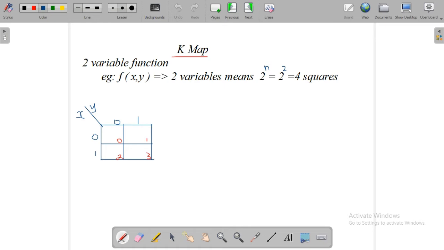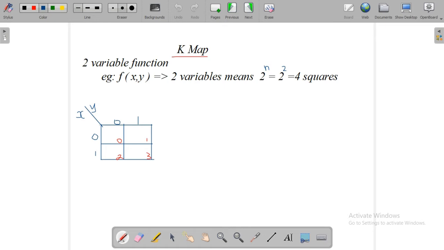So in this video we will discuss how to map in K-map. In the last video class we have discussed how to draw K-map, and here is a quick revision. So what is a K-map? It's a graphical display of fundamental products in a truth table. Just recollect how we drew the 2 variable K-map, 3 variable function K-map and 4 variable function K-map in the last class.